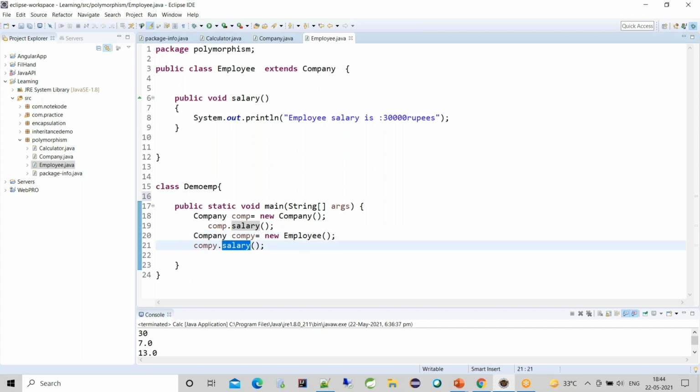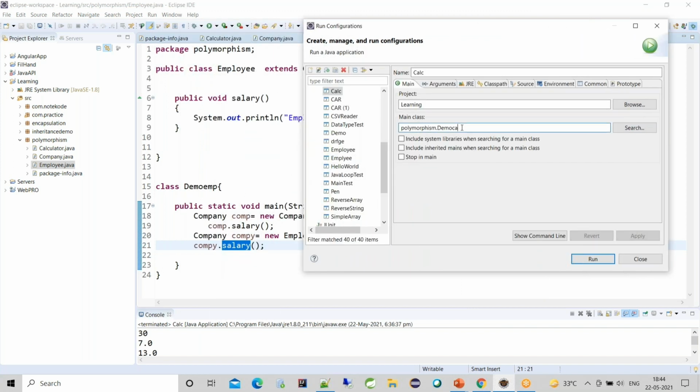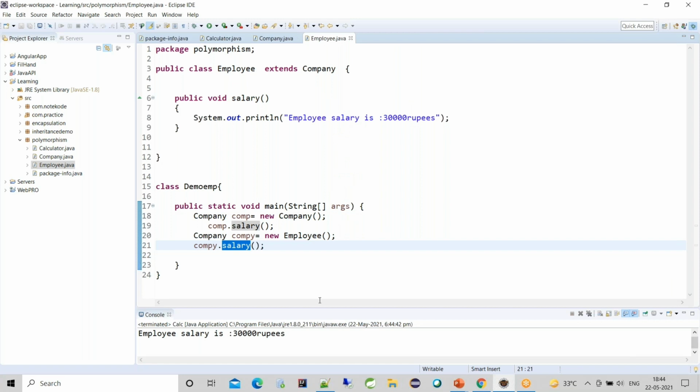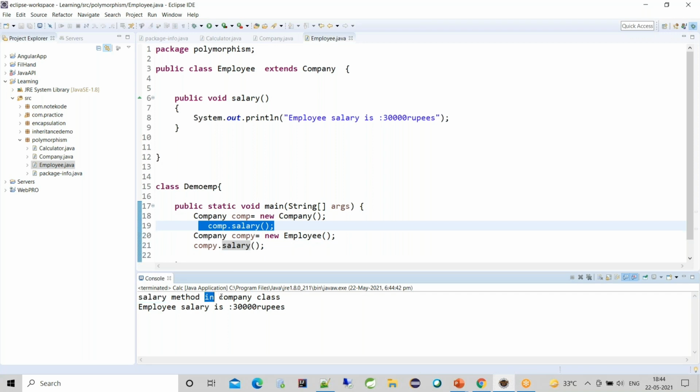Now let me check the output. Okay, so here let me run this configuration and say try and run. So what is happening here? See, this is calling the method inside the company class.